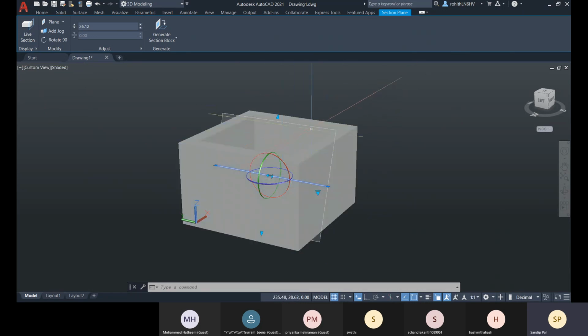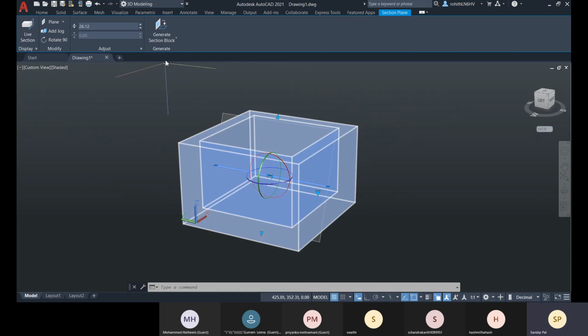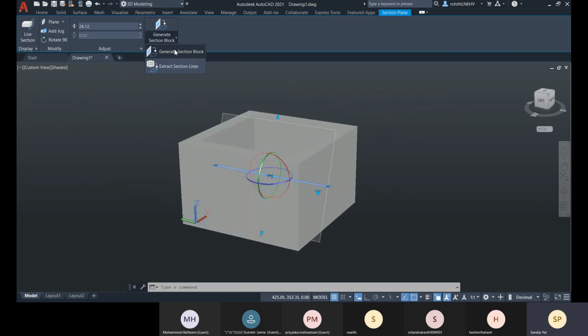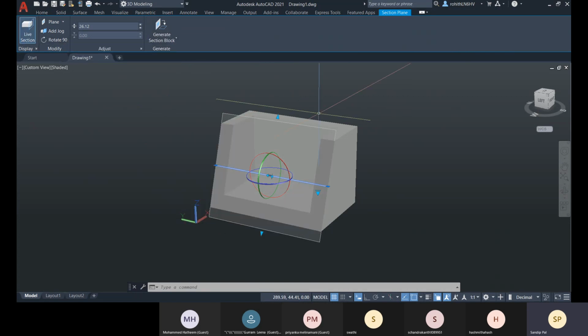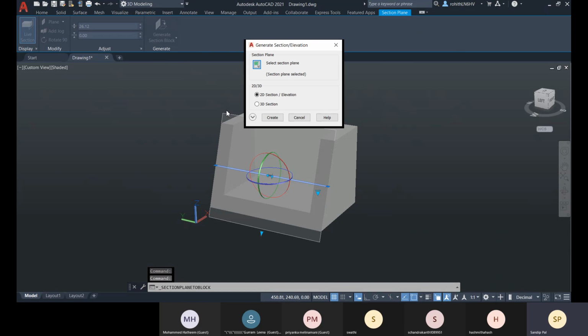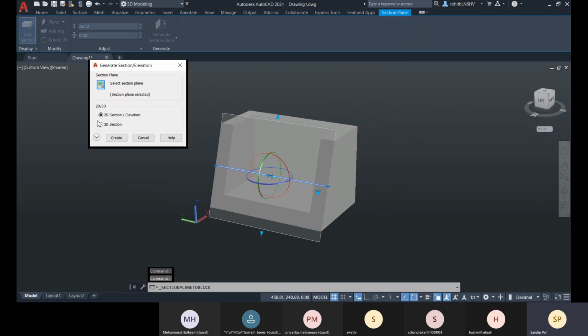You can only place the section plane. And here you have this option, generate section block. So if you go for this one, it will generate that as a block. Okay, so you can go for that. Let me go with that, generate section block, and here you can see 2D section, 3D section.